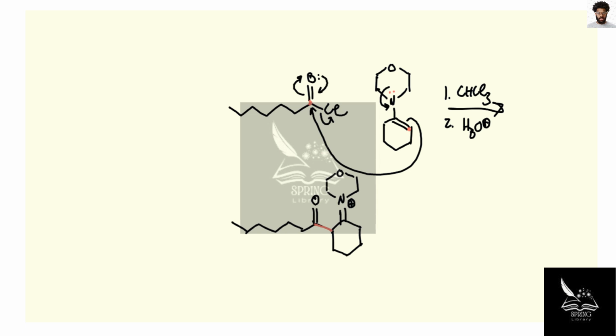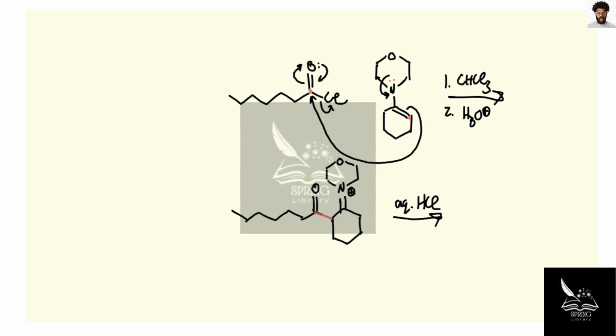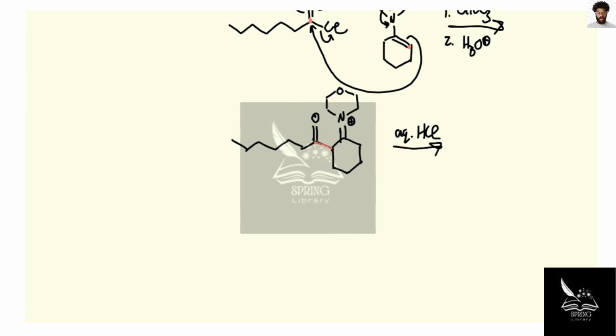And then our final step with the aqueous HCl, or as I called it, H3O plus, will simply be hydrolysis of the aminium to a carboxyl group, right? Aminiums with aqueous acid will always convert to carboxyls. And so the way I would think about that diagrammatically is that if we have some aminium